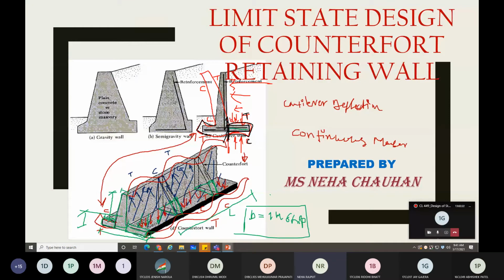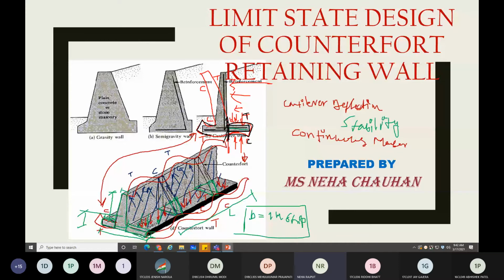In second stage, again you are going to check whether this particular counterfort member is stable in the failure criteria or not. That means you are going to check for the stability analysis. Stability analysis means factor of safety against overturning, sliding and upliftment pressure. So same that you have done for cantilever retaining wall, same process is done for counterfort also.